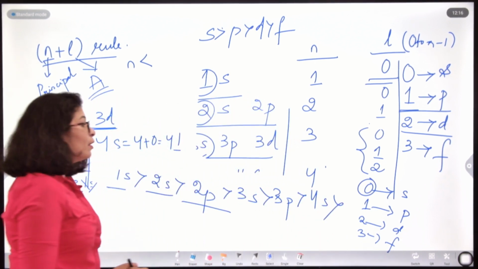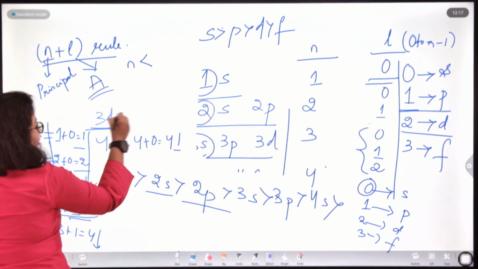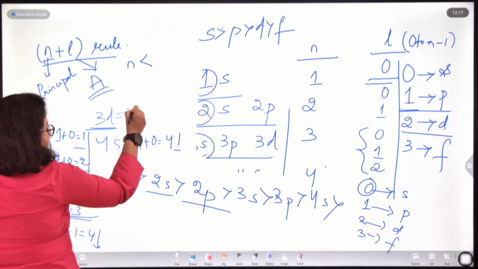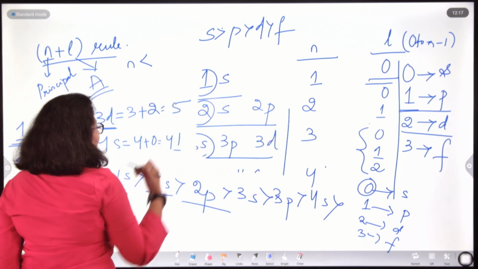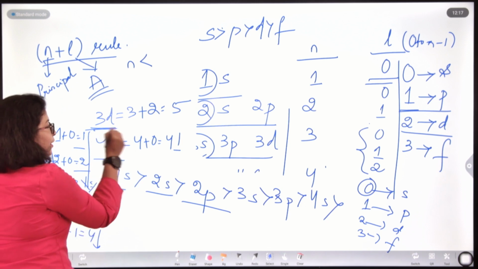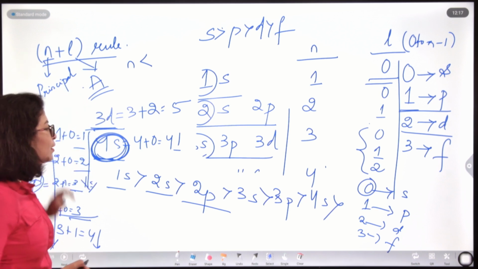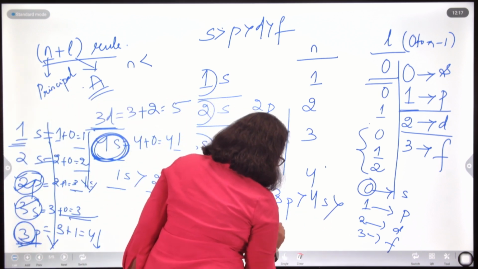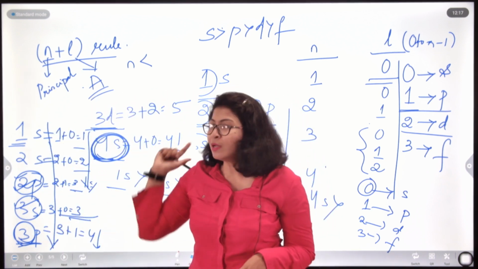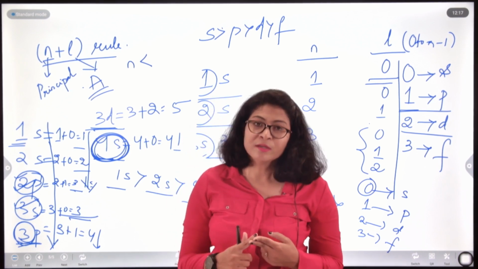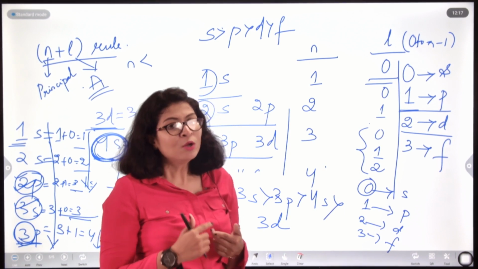After that, after 3p you were supposed to have a 3d orbital. Now, if you compare the energy of 3d, it will be 3 plus, for d the value of l is 2, so it is 5. So, here 4s and 3d, if you compare, 4s is having a comparatively lower energy than 3d, therefore 4s is filled first and after that we are filling 3d. So, you will decide primarily on the n plus l rule, and if the value of n plus l is similar, then you will compare the n value.